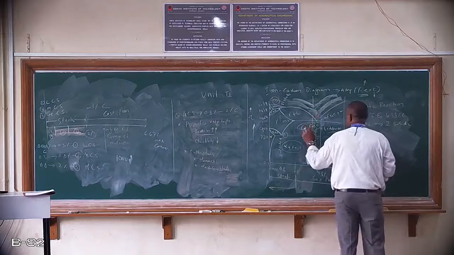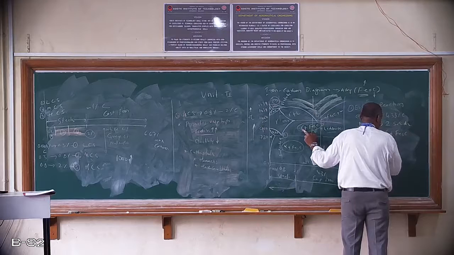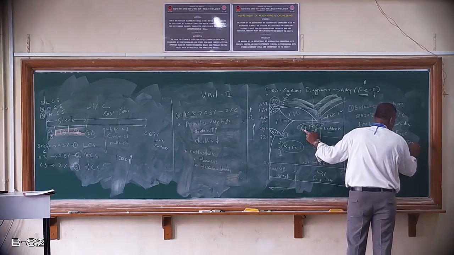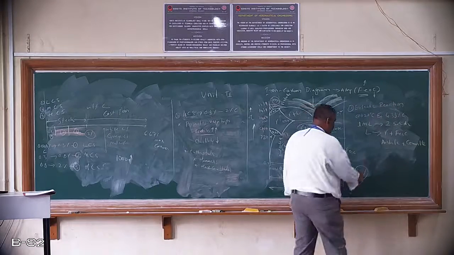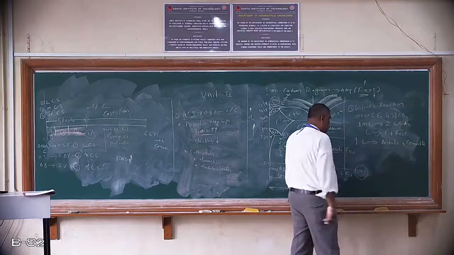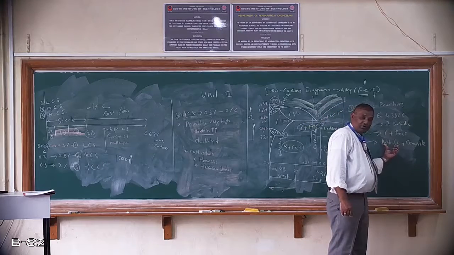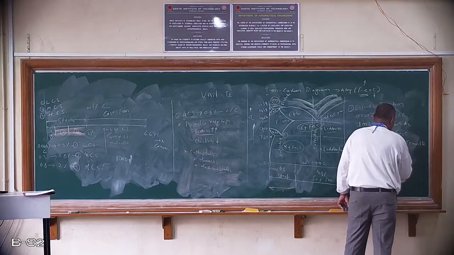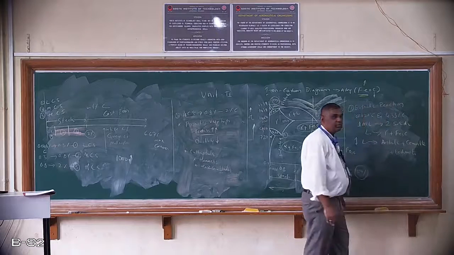Which are those two solids? That is austenite and cementite. This is austenite, cementite. So this is the liquid. One molecule of liquid is transferred to two solids, that is austenite and cementite. Okay. So some people even call it ledeburite also. So let us not bother much about the ledeburite.